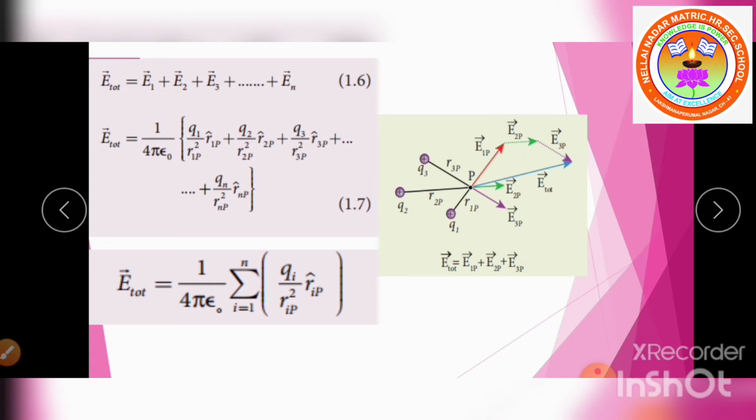If you want to calculate the resultant, listen, we take the E1P vector as it is. Next, take the E2P vector magnitude and draw it here. How to join? Head to tail. Okay, this is the order. So the tail is here, and I draw the magnitude of the E2P vector. Next, listen children, take E3P. It is going in this direction. So you draw along this direction the magnitude of the E3P vector.